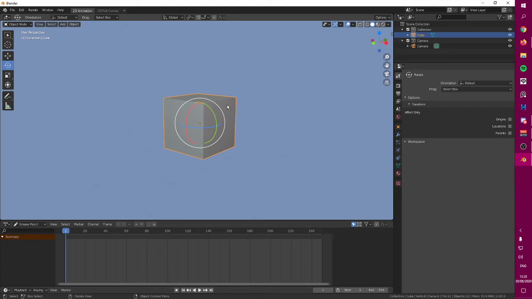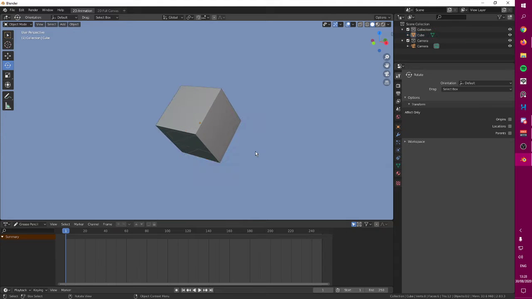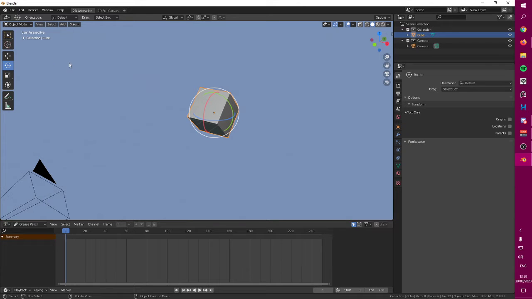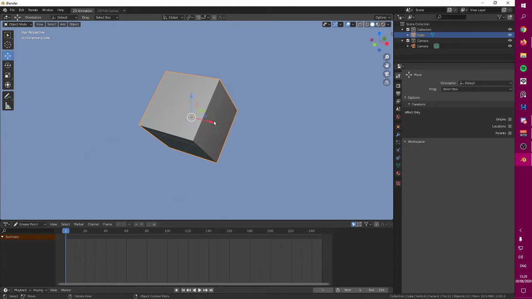You can also apply numbers. So let's say you want to rotate this object on the X and you want to do it exactly 45 degrees. So I press R, then I press X, and then I type 45. And this is going to give me an exact 45-degree angle. You can use minus 45 and play around with numbers whenever you want to do more detailed transformations.